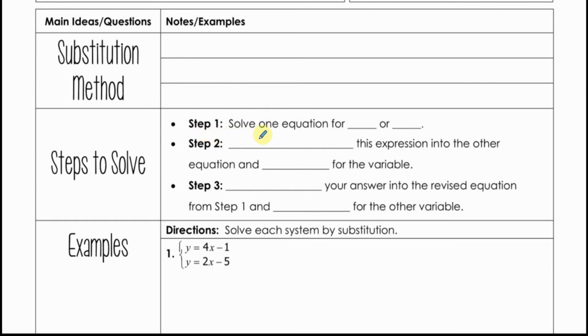So step 1, solve one equation for x or y. Most of the time, I'm going to be solving them for y, but it can be solved for x as well, okay? Step 2, once you've solved one equation for x or y, then you're going to substitute, hence the name, substitution method. You're going to plug it in, substitute. You're going to replace one thing with another. So we're going to substitute